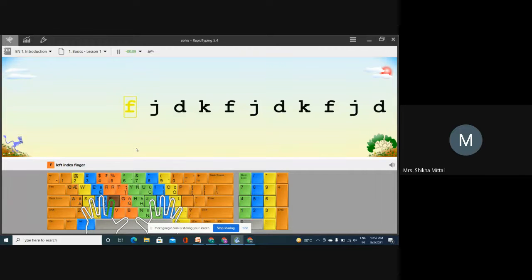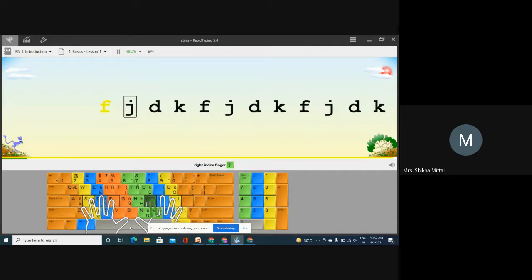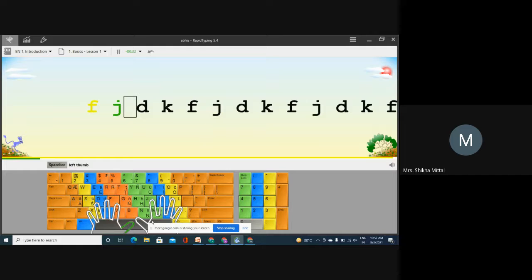Okay. Now see how to type, just like I pressed F. Now I have to press the space bar. From which finger do we have to press? By the left hand thumb. You can see that is a green color. So you have to press by this. Now next key J you have to press by this finger. So press J. Now again space bar you have to press by this thumb.